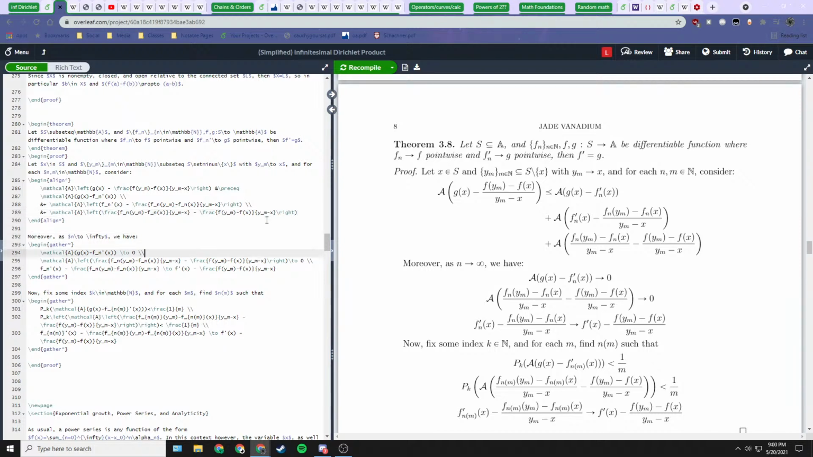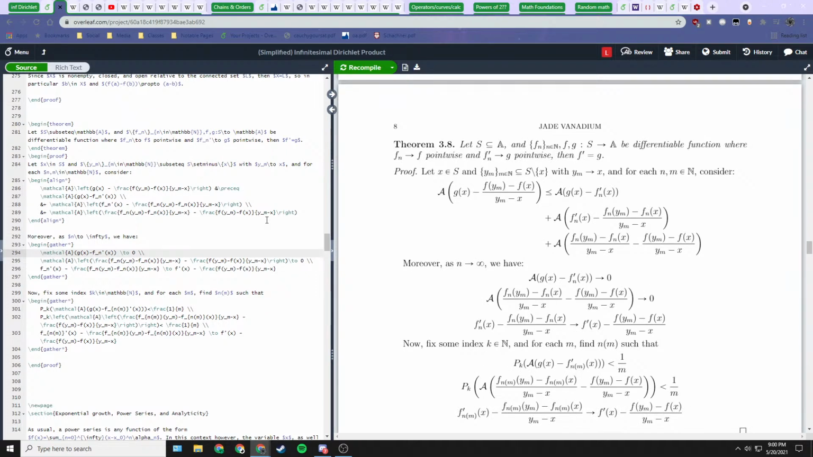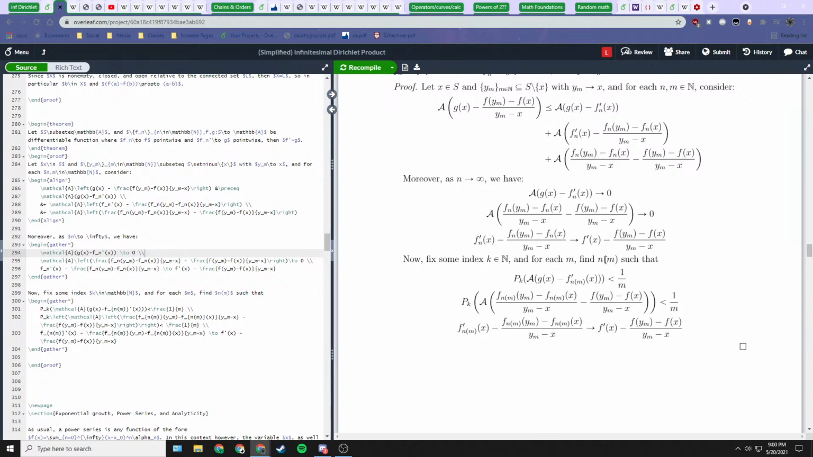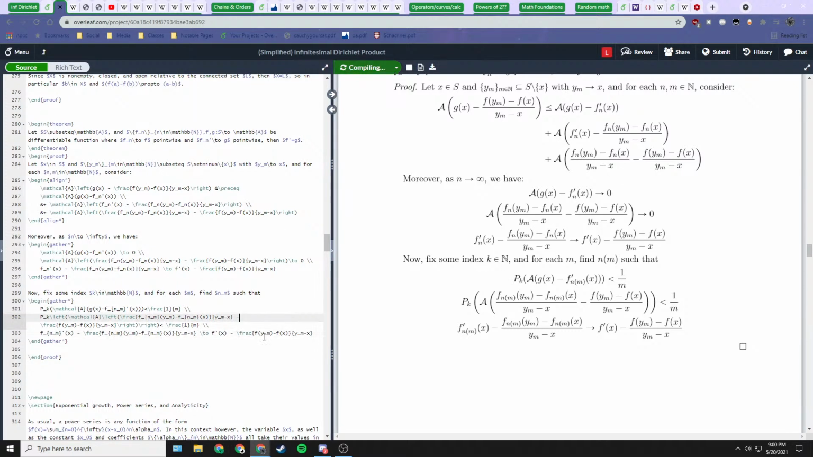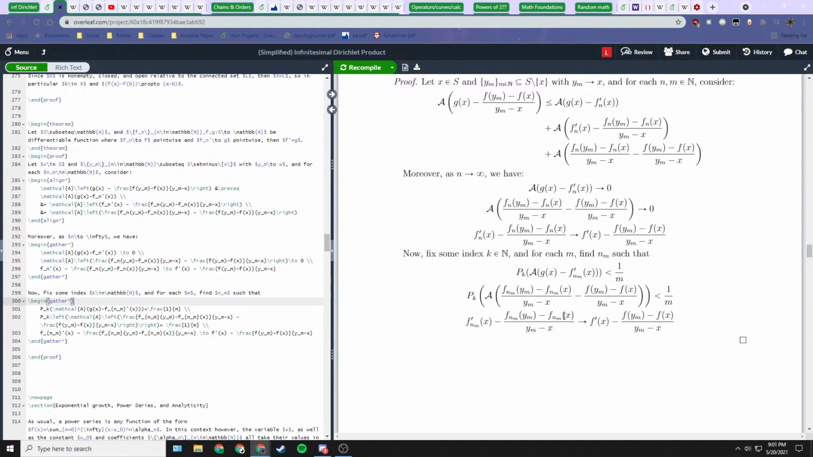Yeah, so as n goes to infinity, we have this goes to 0, and this term goes to 0, and this thing goes to that other thing. Okay, so fix some index k, and for each m, find n in terms of m. So I'll do a subscript instead of parentheses notation. This projection less than that, this projection less than that, and this we want